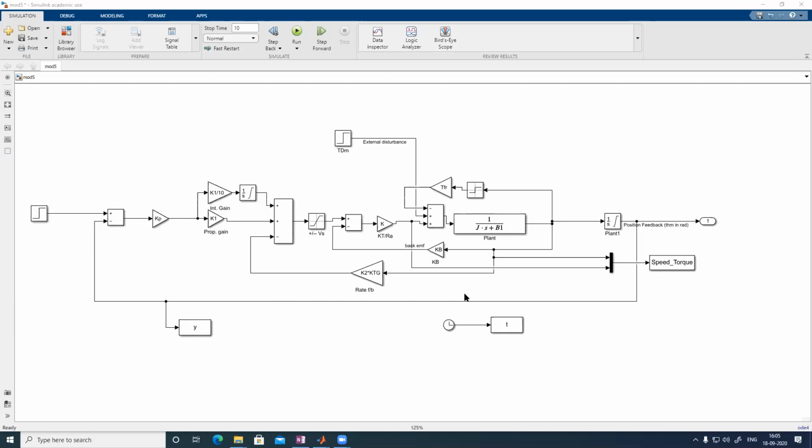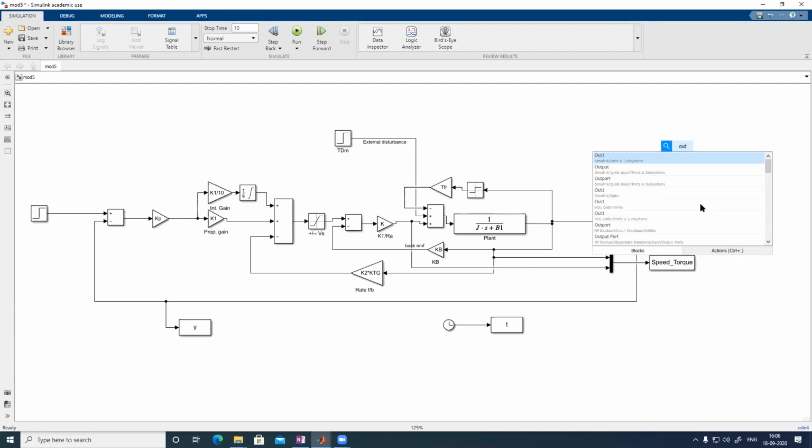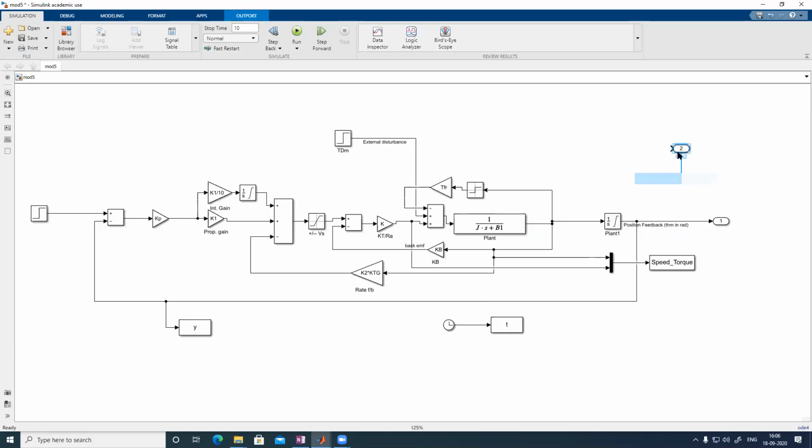Sir, at the end you have given one, right? What is that, sir? The name of it, meaning. This is simply taking the output. That is a scope only, right? You can use a scope also, no problem. This is the Outport and will be there. Oh, okay. You are not using that one also, no problem. This Outport, and these two are To Workspace blocks. You can use two different workspace blocks also. You give some other variable name that you have not used here.